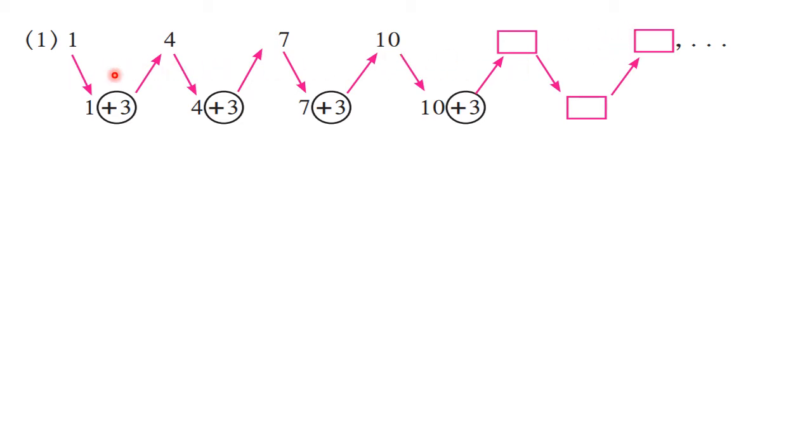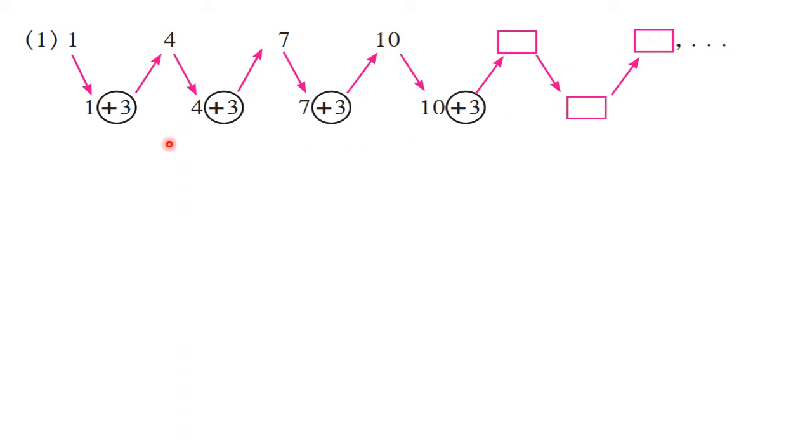So here let us try to find out the rule which is given in the textbook. It is given there how you get the next term. 1 plus 3 is 4. 4 plus 3 is 7. 7 plus 3 is 10. 10 plus 3, 13. So here the next number is going to be what? 13. Then in this box you will write 13 plus 3, that is 16. Okay, so immediately you can write down the numbers here. You know that here 13 will appear, and 13 plus 3, 16 will appear in the next box.